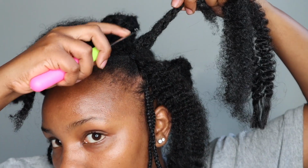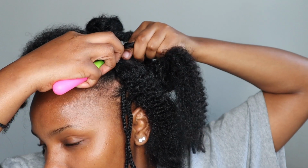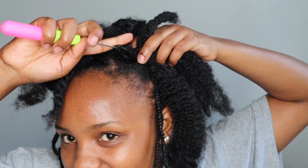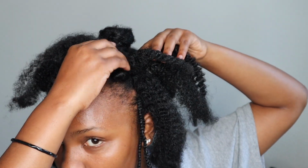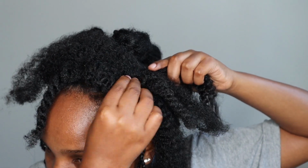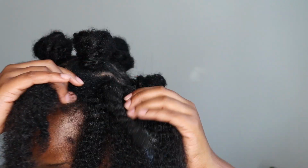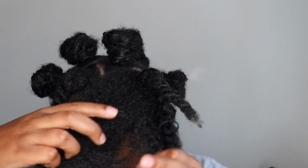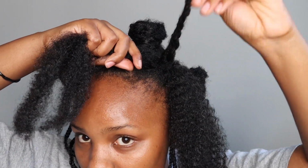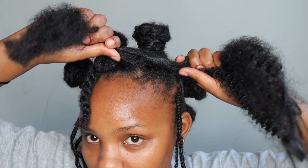So insert the crochet into the parting, attach the kinky hair, pull out, and then pull out one side of the kinky hair all the way. Okay, and then after you have both two strands of the kinky hair in, you're gonna divide it into two equal parts, and then you're gonna untwist your natural hair, untwist it, and divide it between the two parts, and then